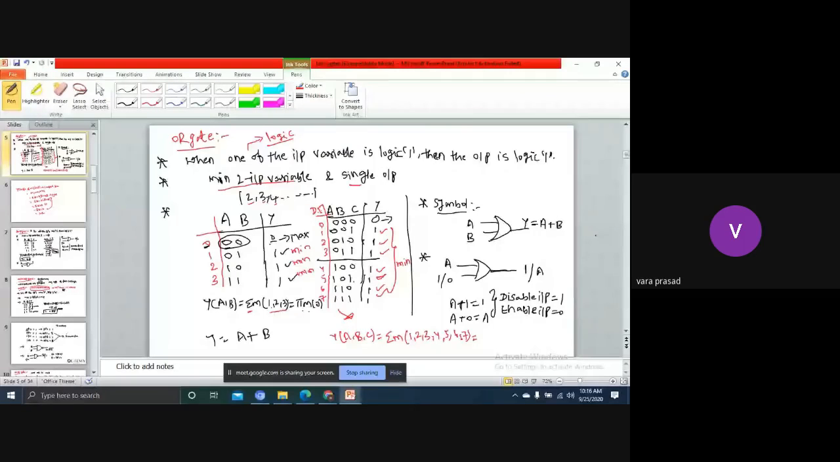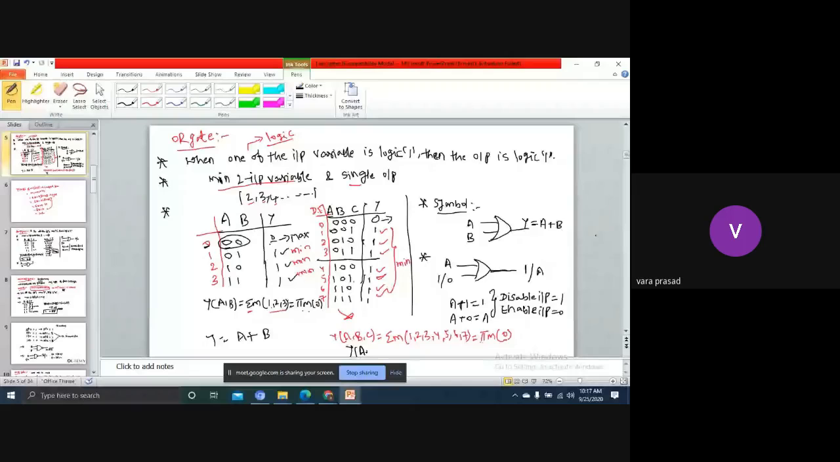Next, pi M of product. I am writing the max term. Here only one thing we got as a 0. If I take these 7, 1 2 3 4 5 6 7, and minimize, we will get one equation, but that is a lengthy procedure for me. Here only one max term came. Based on that max term, I am directly writing the expression y of a comma b comma c is equal to,